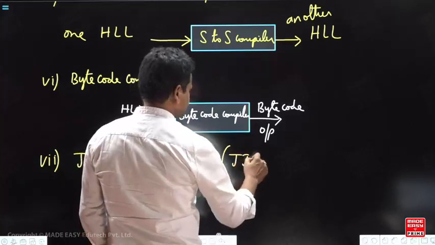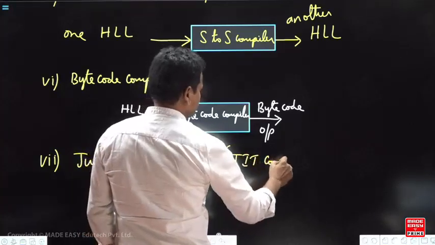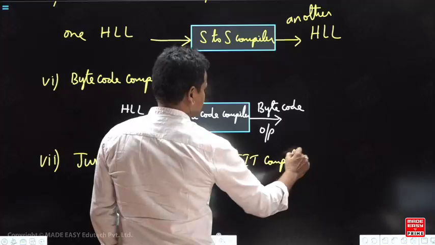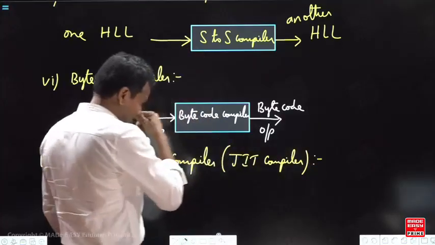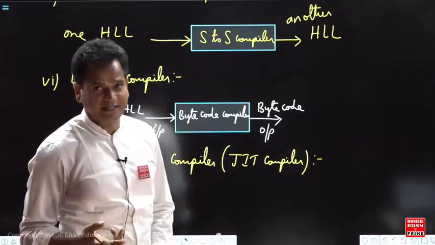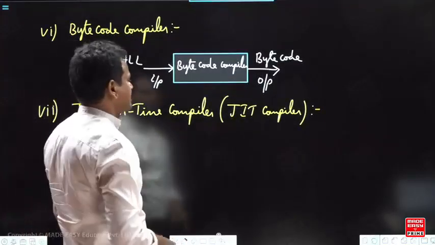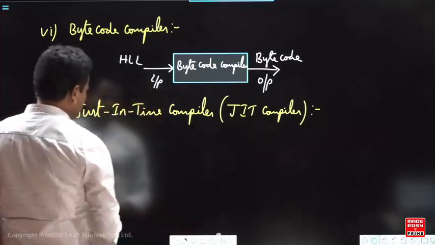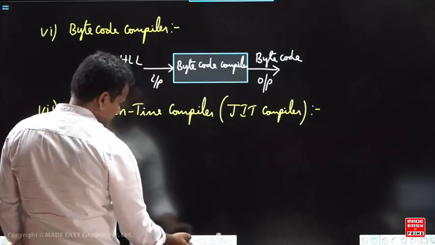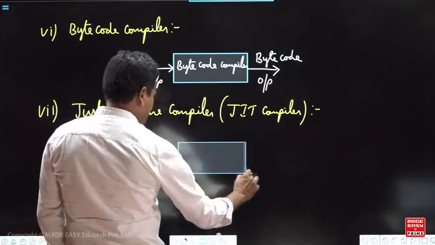JIT, just-in-time compiler. What is this just-in-time compiler? If you know Java, Java is both compiler and interpreter. Because of the JVM, Java Virtual Machine, it acts as an interpreter. So just-in-time compiler is a compiler